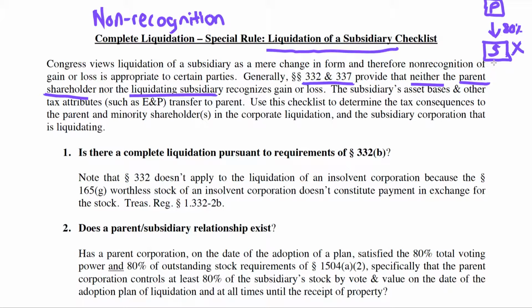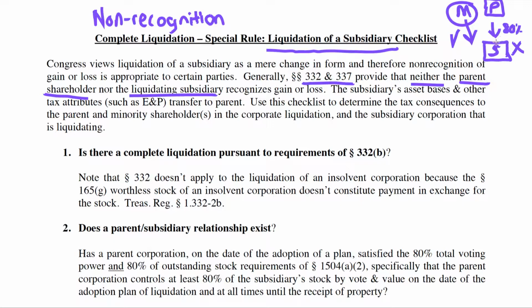Now, an interesting issue, though, happens. What if you have a parent corporation and you have another shareholder, a minority shareholder? Well, the minority shareholder will still have to recognize gain, and then the subsidiary will have to recognize gain with respect to the minority shareholder. Okay, so if we have a minority shareholder, whether it's an individual or parent, let's say they own 20% or less, that one does have to recognize gain or loss. That one does, that transaction. So what we do is we actually view the gain or loss on that part, but not this part. This part goes unrecognized, not recognized, and deferred.